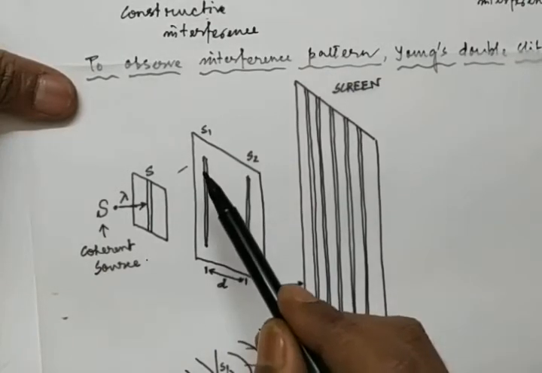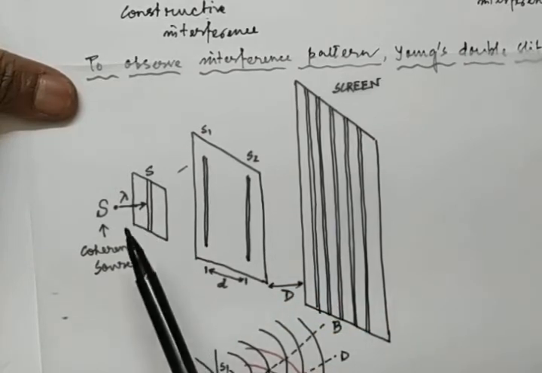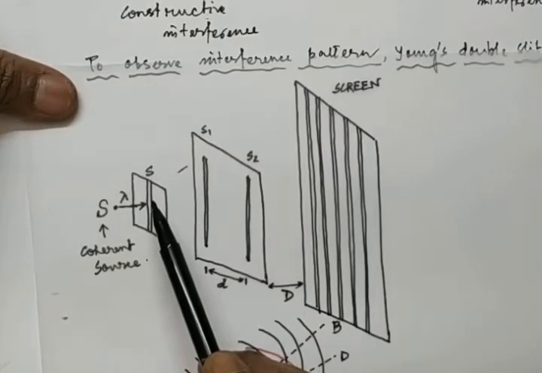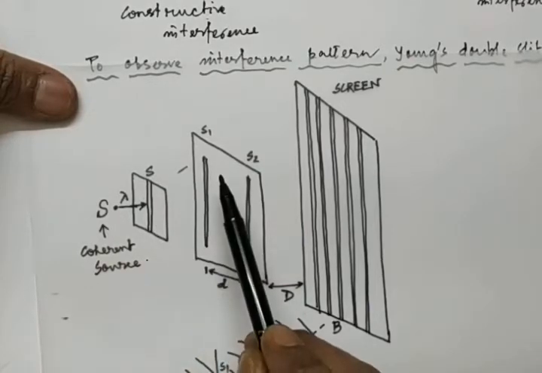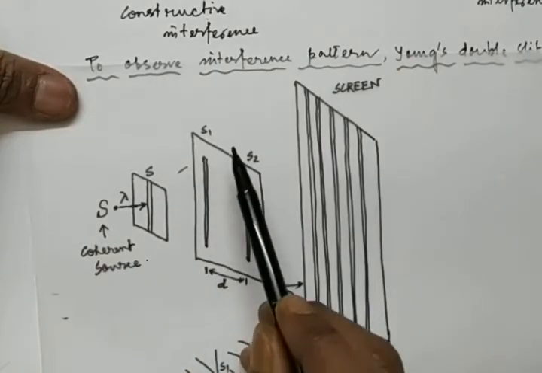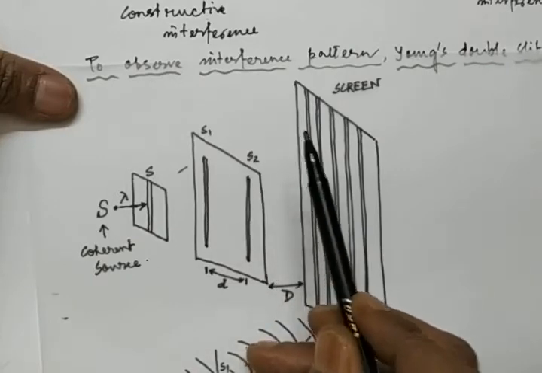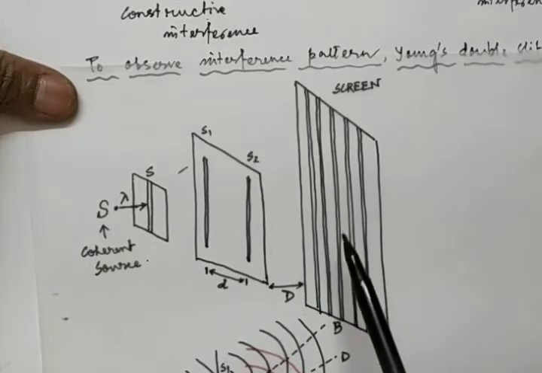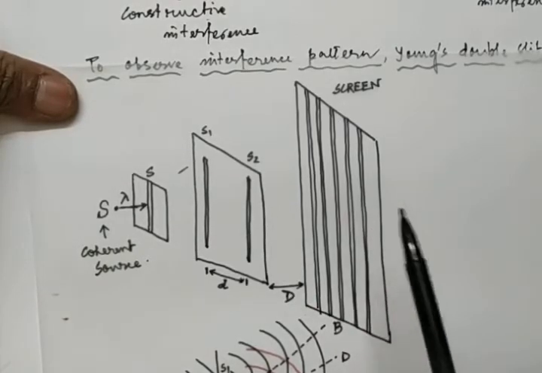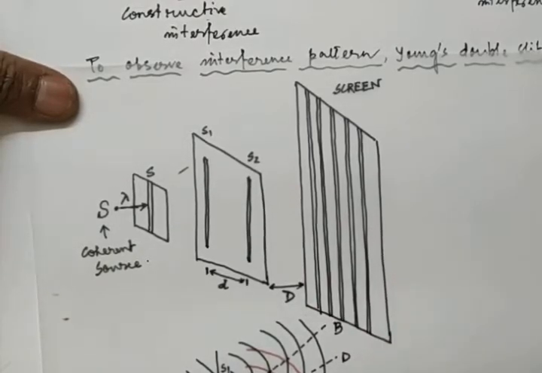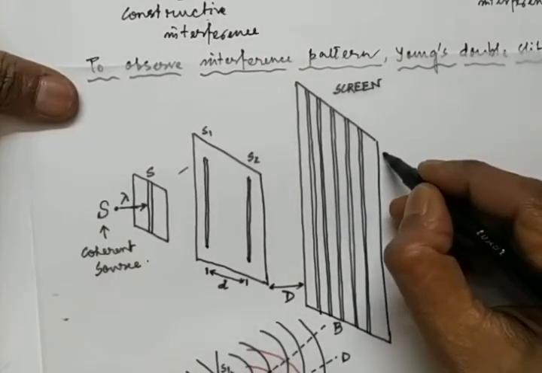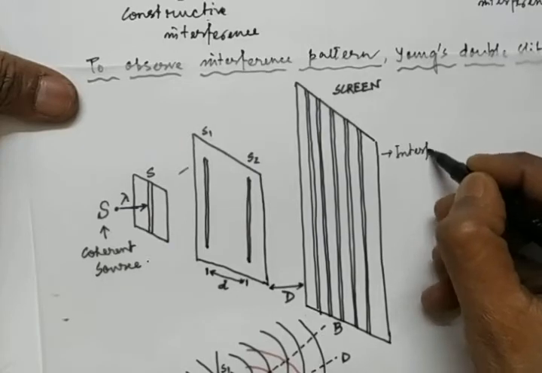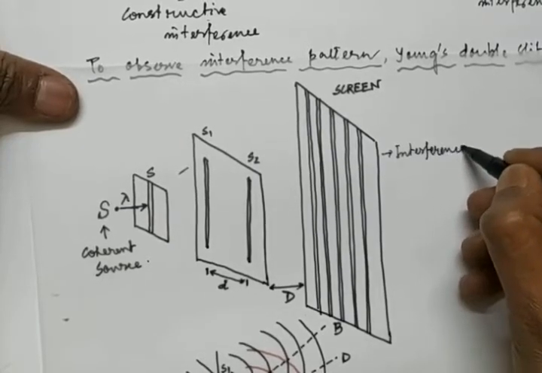So from this, see here, I have told you in the last class, this is called source. So from here, primary wavelet. From here, they generate secondary wavelet. Secondary wavelet generate होता रहा. और ये स्क्रीन में क्या बनेंगे देखो, एक व्हाइट लाइट, एक ब्राइट लाइट, एक व्हाइट, एक ब्राइट, लाइक दिस. दिस इज कॉल्ड द इंटरफियरेंस पैटर्न. रिमेंबर, दिस इज कॉल्ड द इंटरफियरेंस pattern.